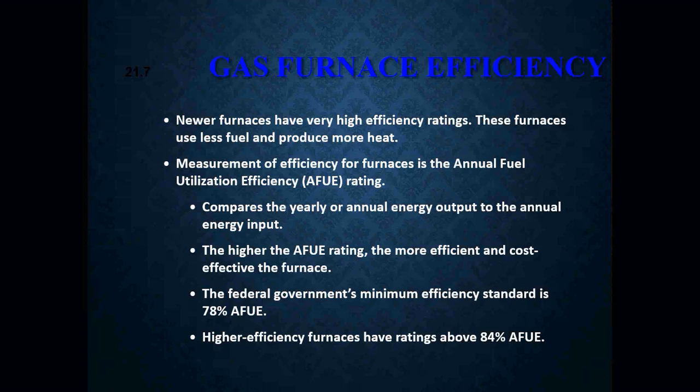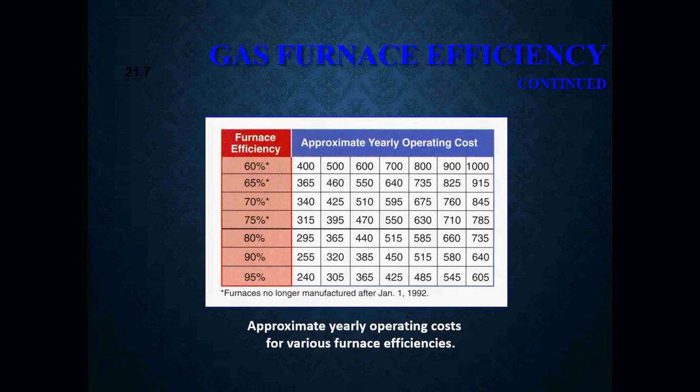The federal government's minimum efficiency standard is 78% AFUE. Higher efficiency furnaces today have ratings above 84%. So if we look at this chart here, it gives us an idea of the approximate yearly operating costs for various furnace efficiencies. So if we say we have a furnace that is in a home and it's only running at 70% efficient,